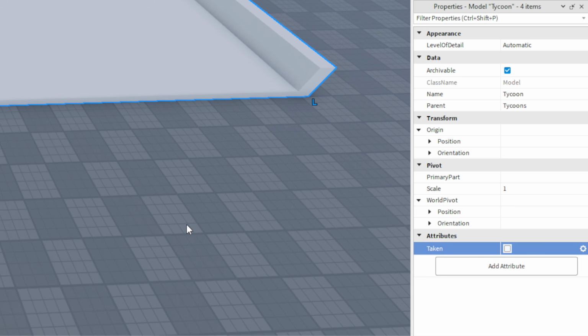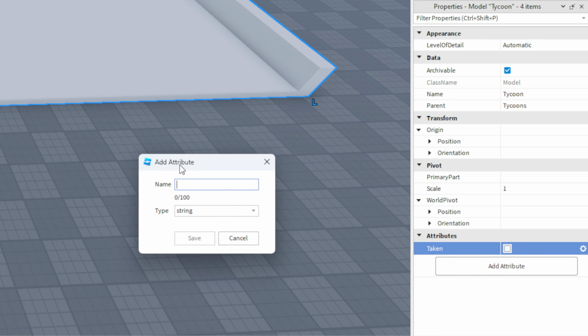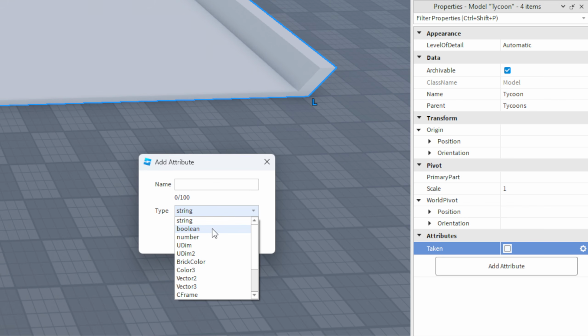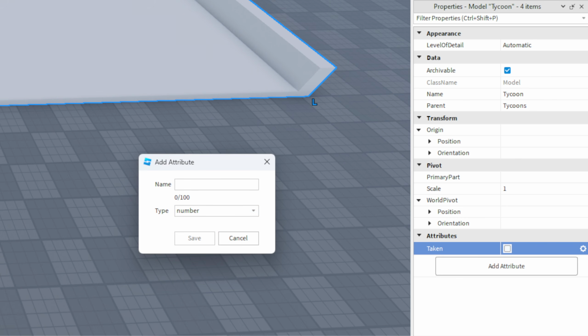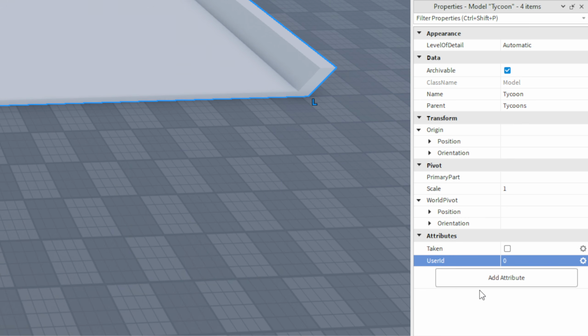So that will let us know whether the plot is being used by someone or whether it's vacant, and we can use it. We'll then add another attribute, and this one is going to be the user ID of the person who owns this tycoon. So this is going to be a number, and we'll call it UserId with a capital U for user and a capital I for ID.